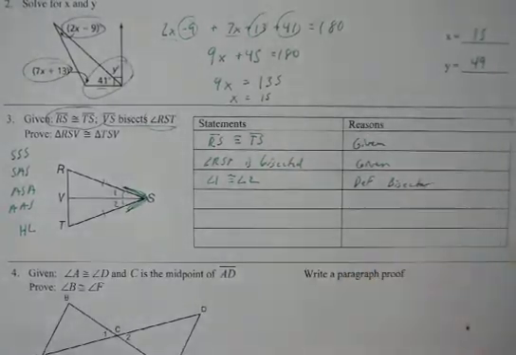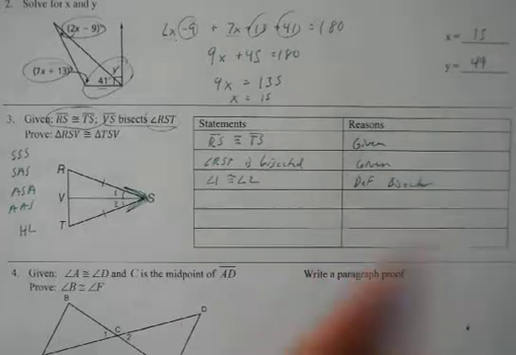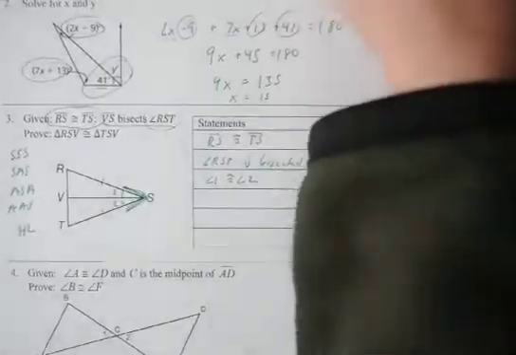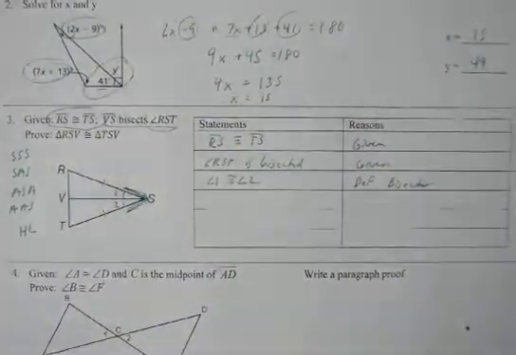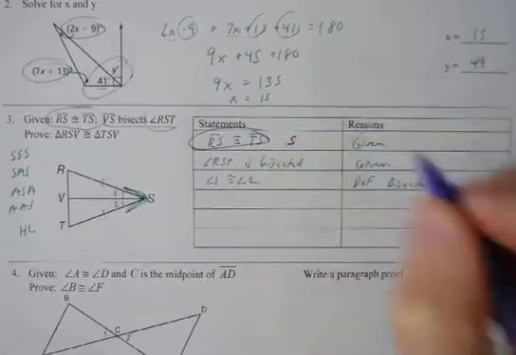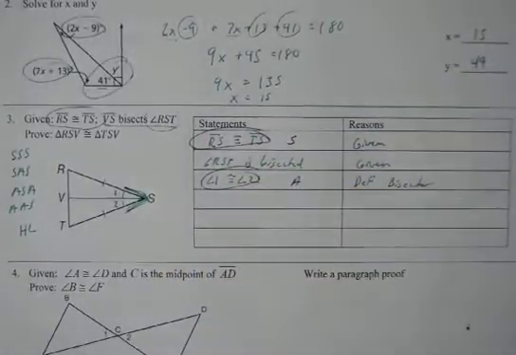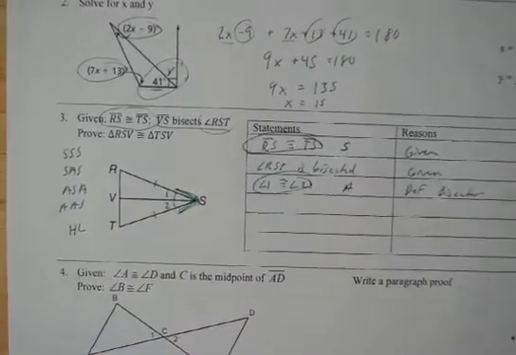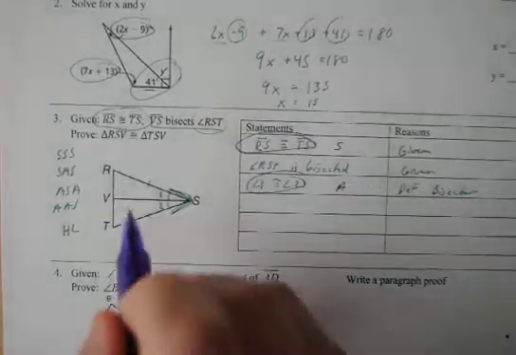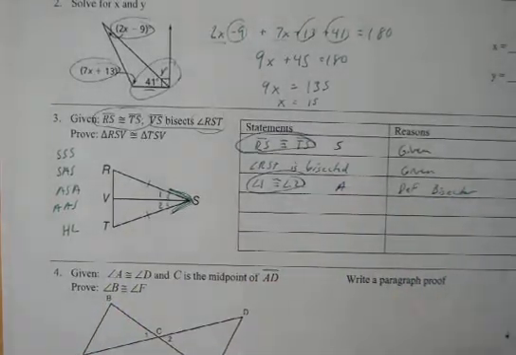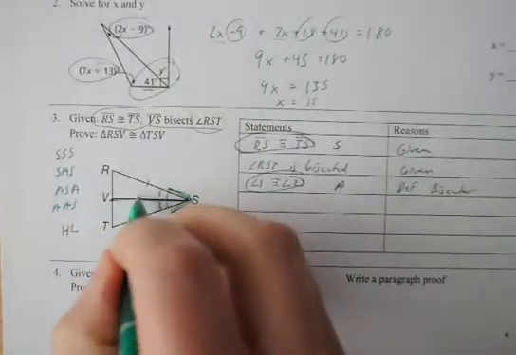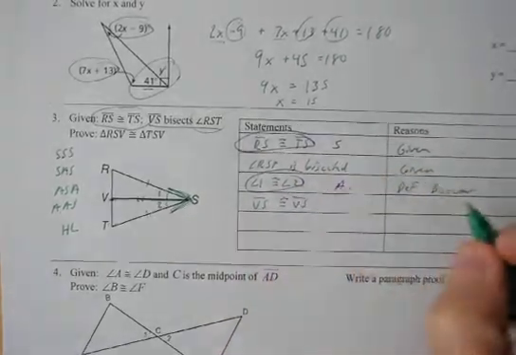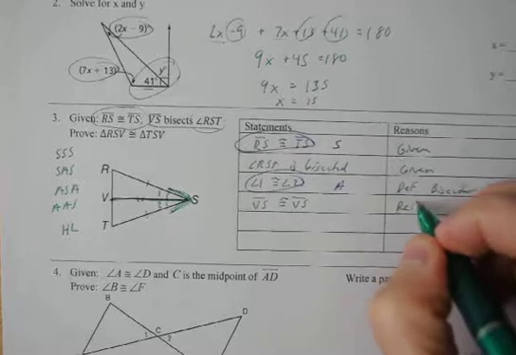At the moment, you've got a set of sides and a set of angles. Is that enough? Can we use an S and an A to prove congruent? No, we need more information. The last piece of information is that this side here is shared. So we can say VS is congruent to itself, and that would be the reflexive